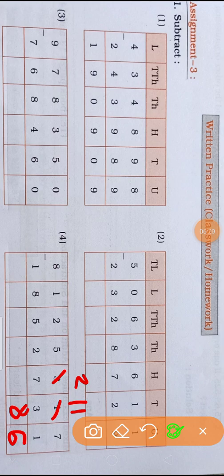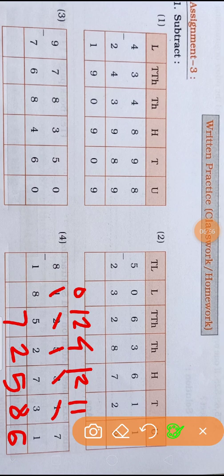Okay. 2 minus 7, it's not possible. Again we will take a borrow from the next place, the 1000 place. So here remains 4, here is 1 borrow. 12 minus 7, 5. 4 minus 2, 2. 2 minus 5, it's not possible. Then again we will take a borrow from the next place, which is the lakh place. So 1 minus 1, 0. And which number forms here after taking the borrow? 12. 12 minus 5, 7.